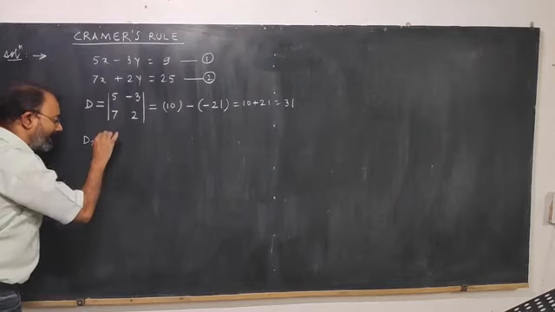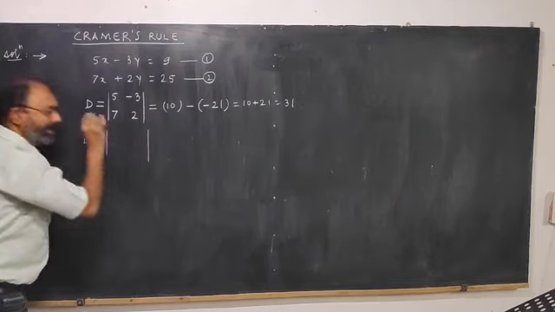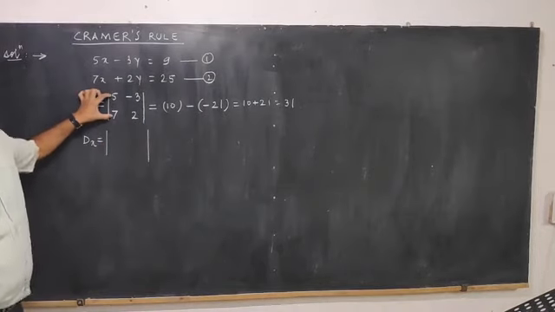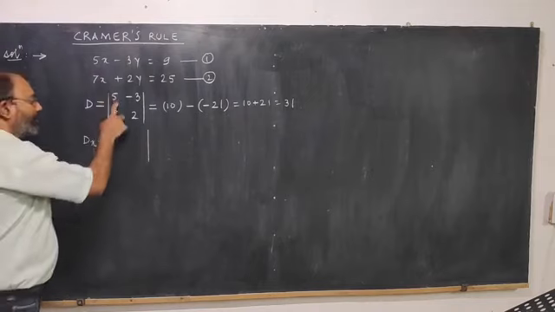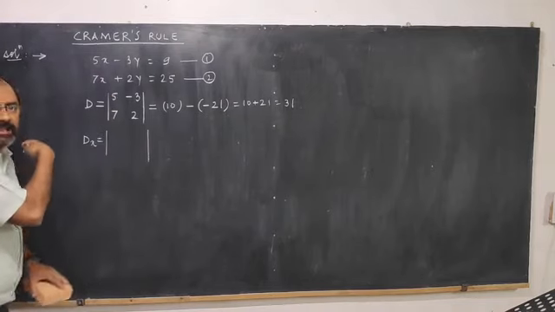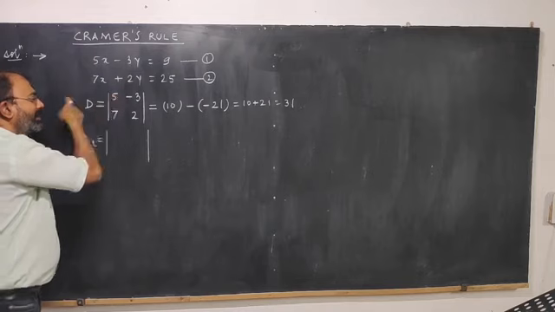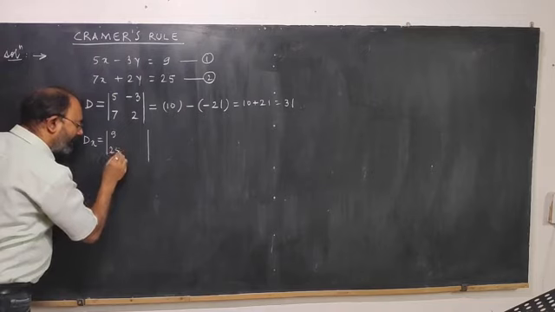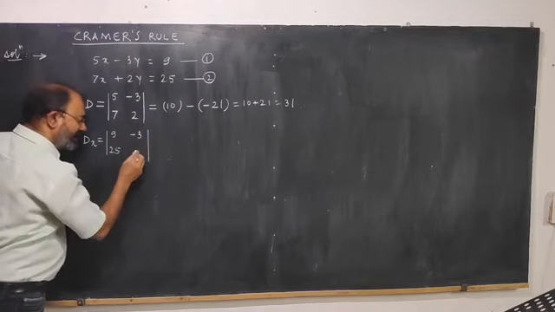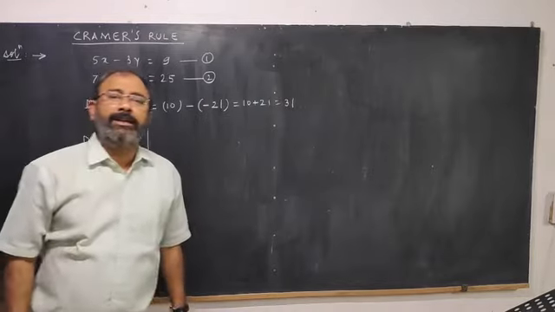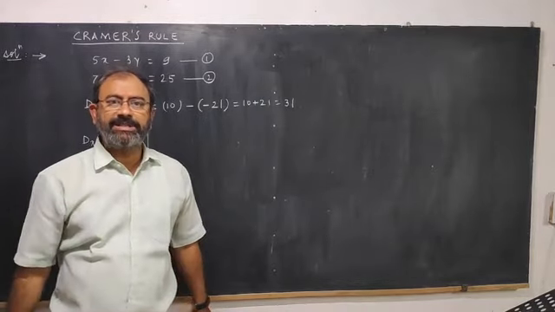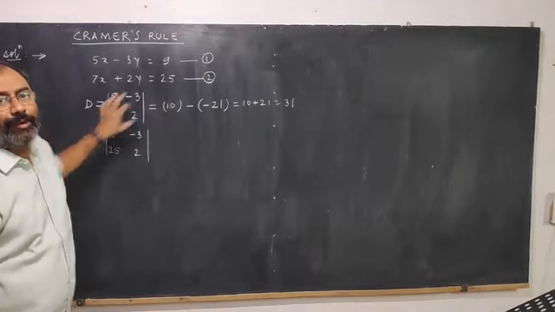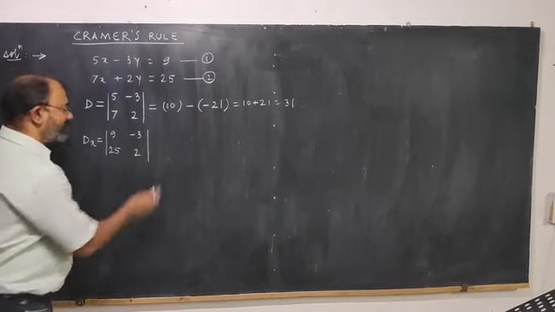Okay. In that case, how do we calculate the determinant? In the first determinant, the coefficients of x are removed. ये दो नंबर को निकाल देते, फिर यहाँ पर कौन से दो नंबर लिखे जाएंगे? इसको निकालने के बाद ये दो नंबर्स, यानी यहाँ आएगा 9 25 और बाकी दो नंबर जैसे है वैसे. ठीक है? इसको बोला जाता है Dx. This is Dx. x के कोएफिशिएंट्स को निकालो और राइट हैंड साइड में जो दो नंबर्स है वो वहां पर डालो. कैलकुलेशन ऑफ द डिटर्मिनेंट इज सेम.